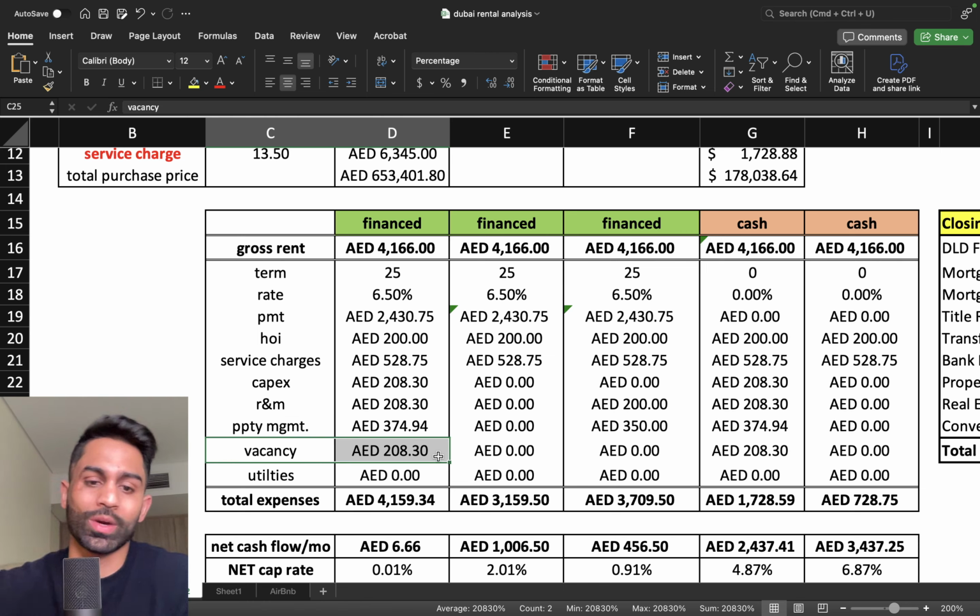Now, I'm not sure if I need to account for this or not, because I guess maybe I should, given that there is a possibility for the property to be vacant at some point. So there needs to be a budget for vacancies as well. But also in Dubai, there's a concept of paying in as few checks as possible, right? So checks as in when the tenant makes the payment, they write you a check. I know, it's pretty crazy. They write you a physical check and they date them